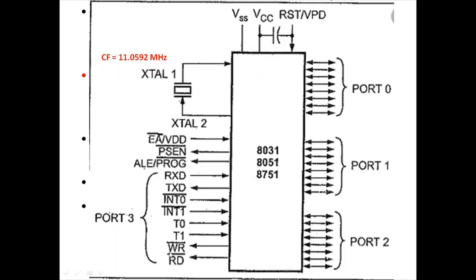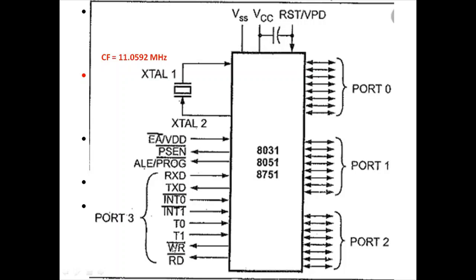Okay, next, RD bar and WR bar. Please listen to me very carefully. RD bar and WR bar are used to read and write data from your external RAM. So they are used for external RAM. Now you must get a doubt that I have RD bar, instead of RD bar I have PSEN bar. Both functions are same. The only difference is PSEN bar is used to read data from external ROM, whereas RD bar is used to read data from external RAM.